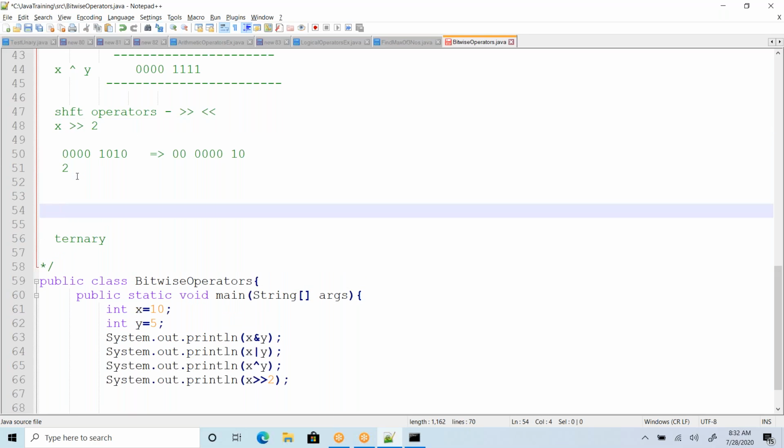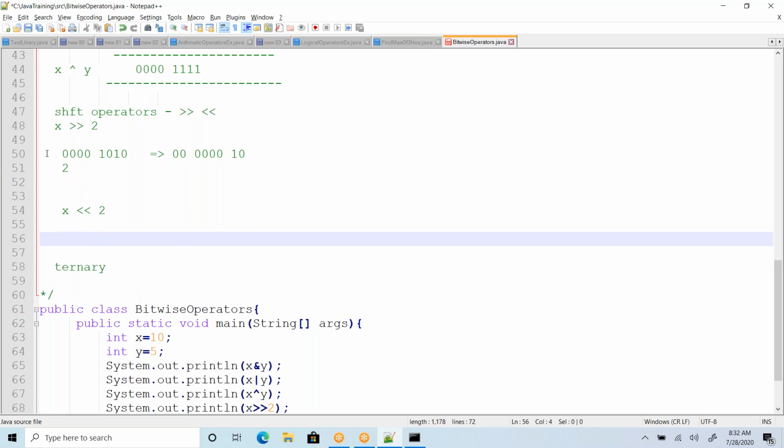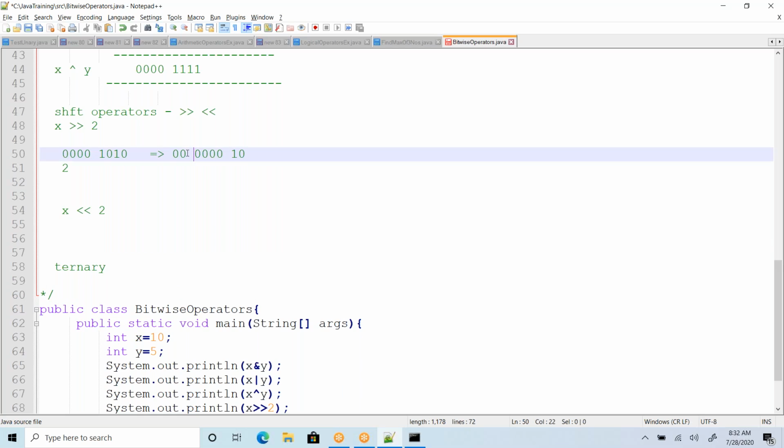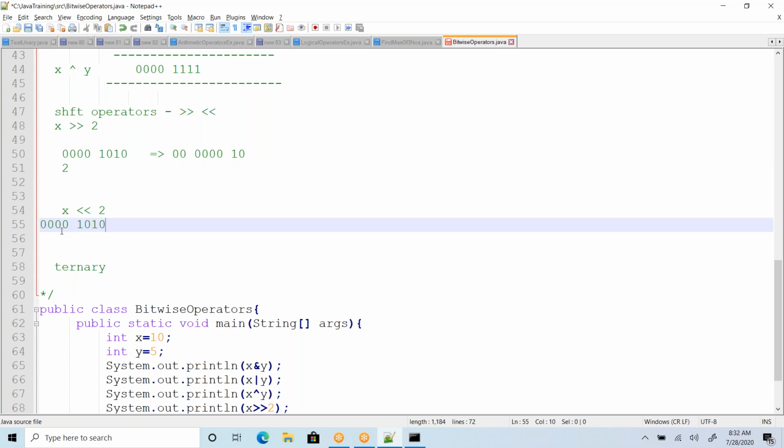In a similar way, you can apply the left shift operator. In this case, what will happen? It's going to gain the bits. It's going to lose the left hand side bits, right? So out of 4 bits, this is our actual value. Now how many bits do I have? 4 plus 2, 6 bits.